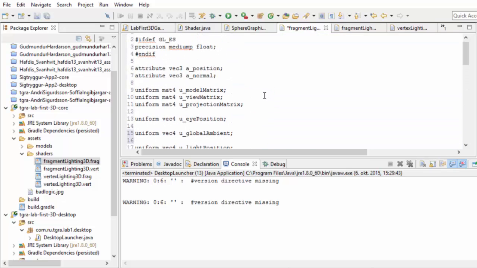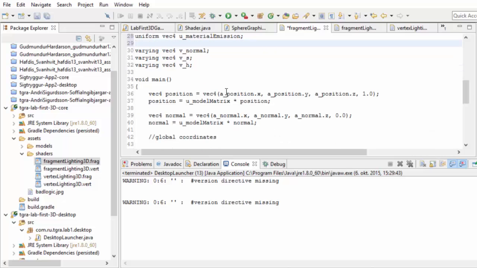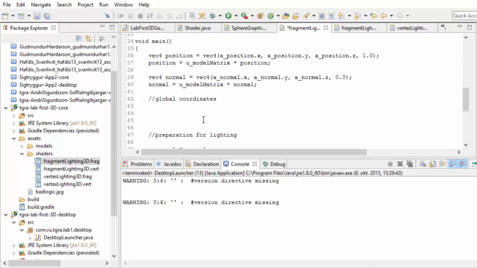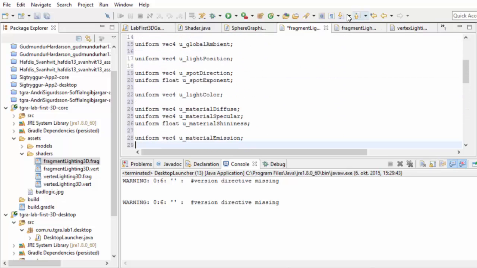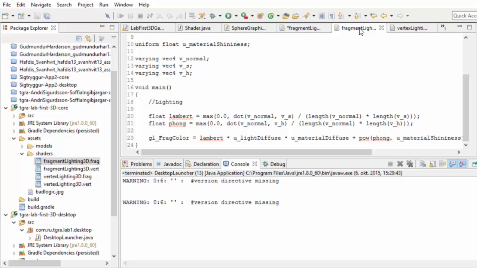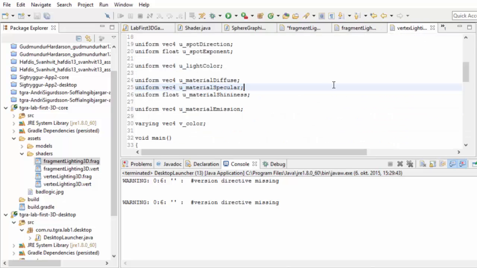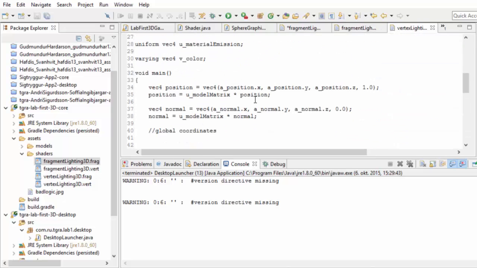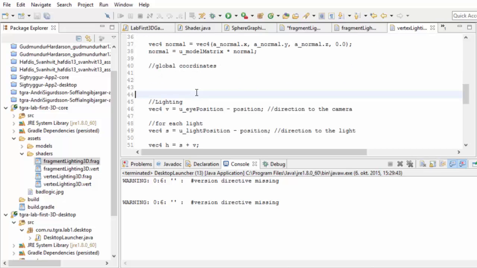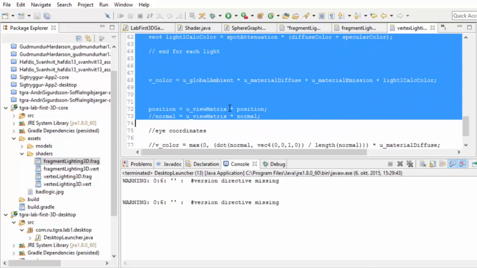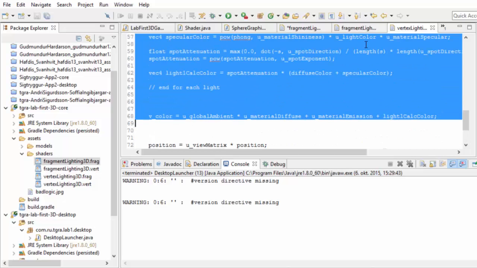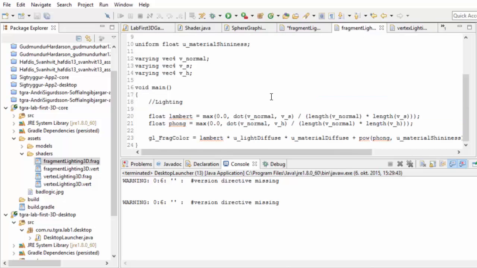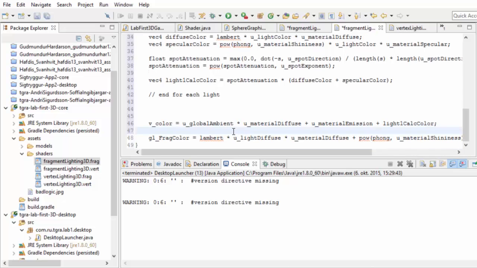Okay, so we have all of these, and the ones we're using here are really unchanged, so this doesn't matter. What we need to do now though is to go and say, in the vertex lighting here we were doing all of these calculations, lighting for each light plus this, and then it's done. We're doing this in the vertex shader. Here we want to do that in the fragment shader. Somewhere in between here we need to stick this,